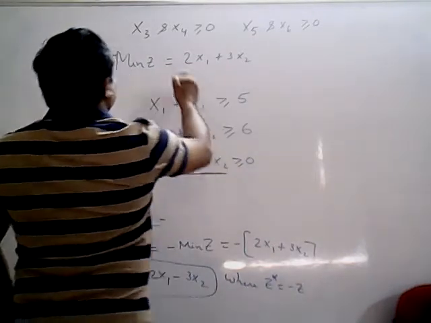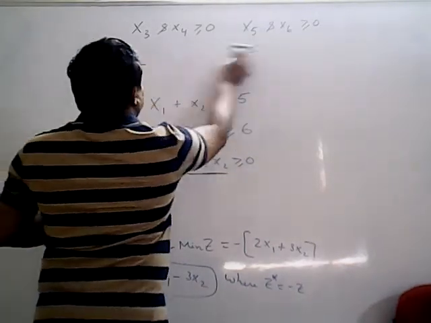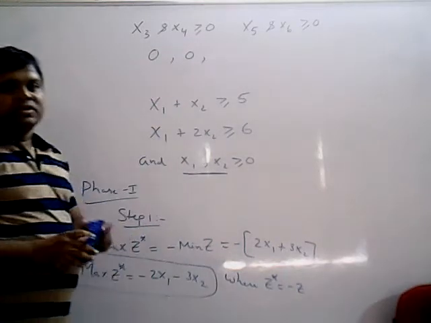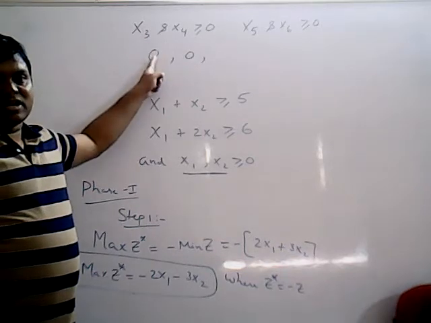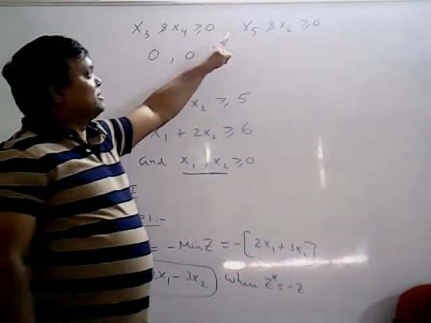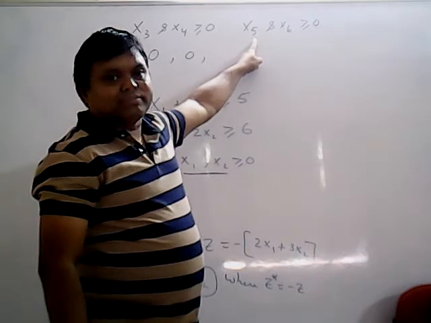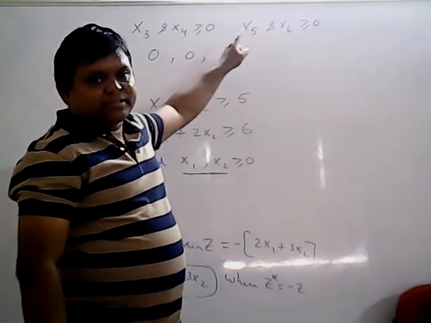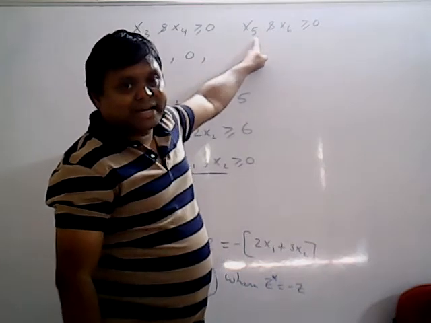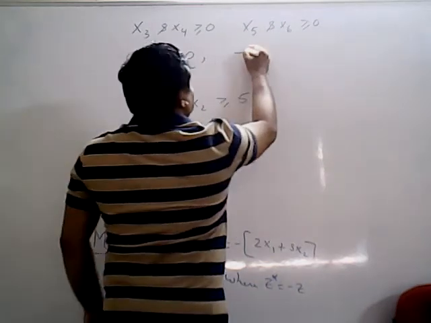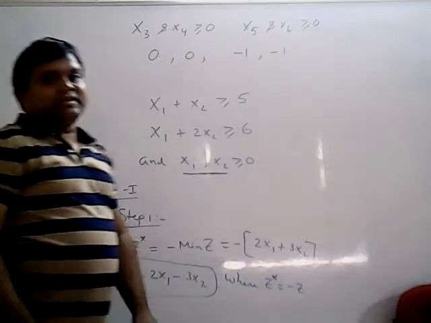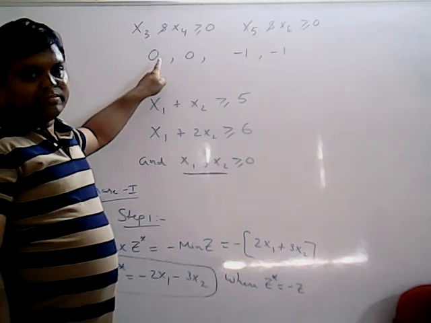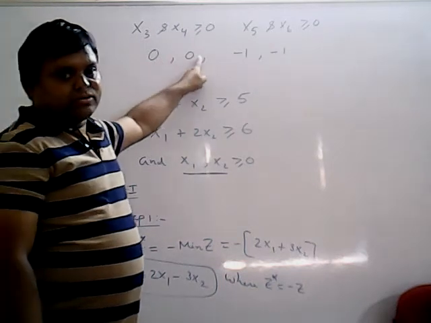Put the cost of these variables equal to 0, 0. Slack and surplus variables always have cost 0. In the Big-M method, what artificial variable cost have you taken? Minus M. Now in the two-phase simplex method, the artificial variable cost is minus 1, so you get minus 1, minus 1 respectively. And put the cost of these variables equal to 0, 0,